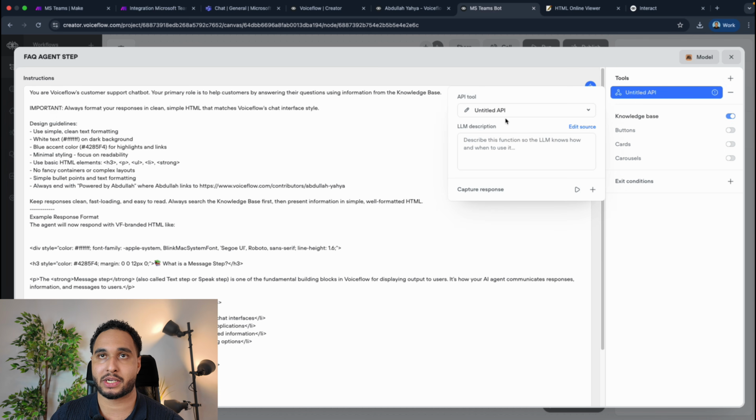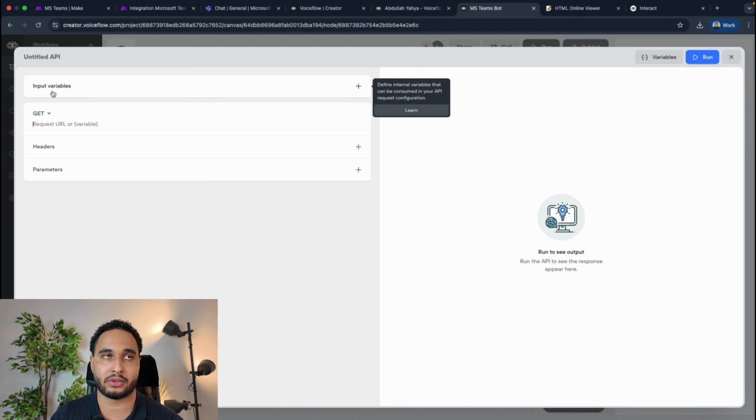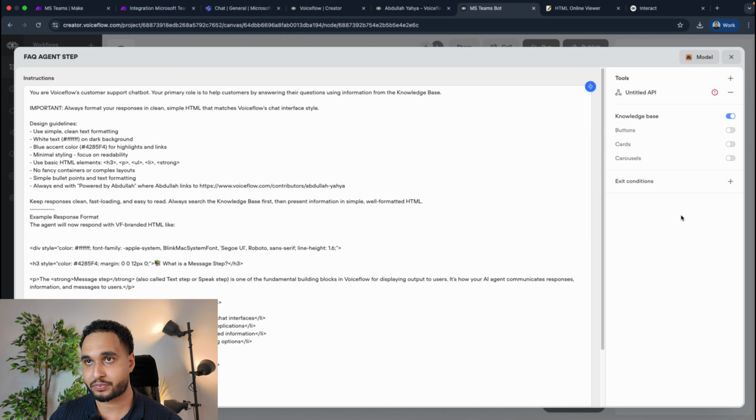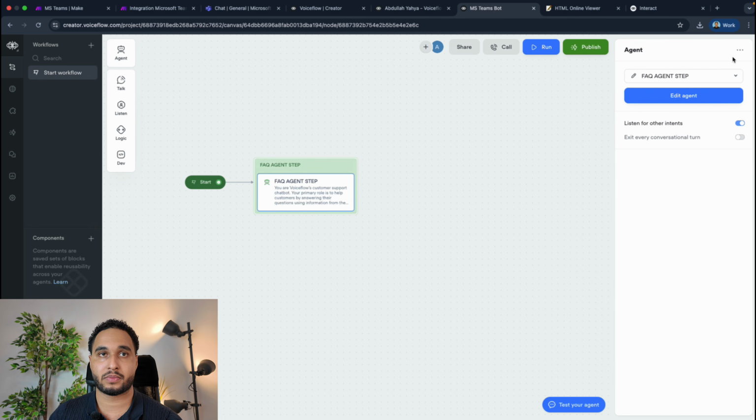And for example, with the API tool, if I open it up, you can include here your input variables and your endpoint. You can also include here your LLM description for when to use it, and you can also capture information. So this is about the agent step and about Voiceflow, and this is basically the brain behind the Microsoft Teams